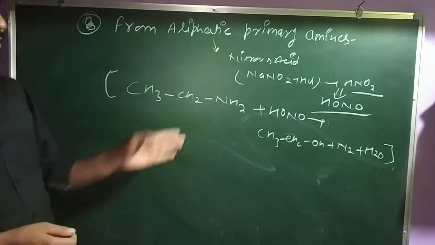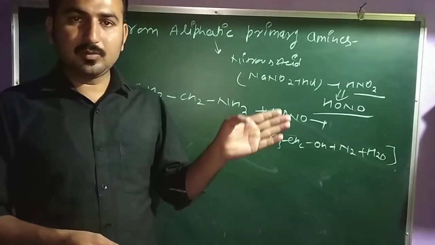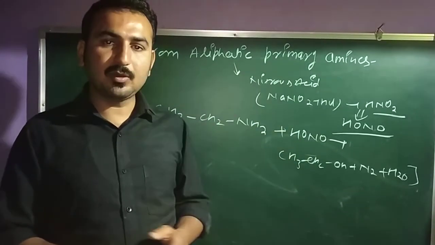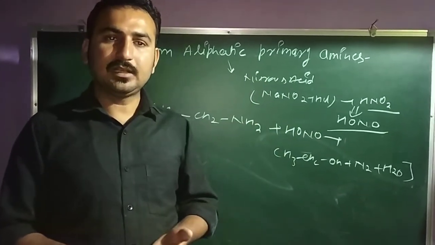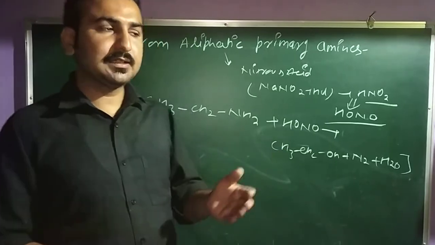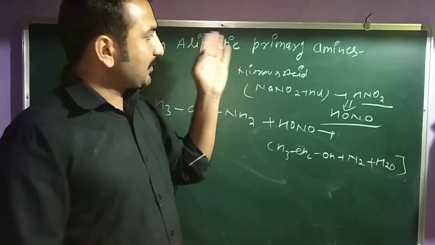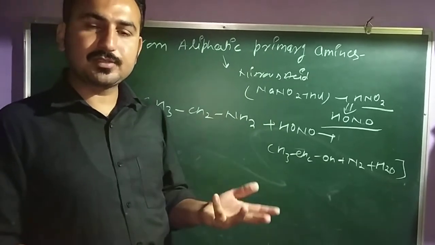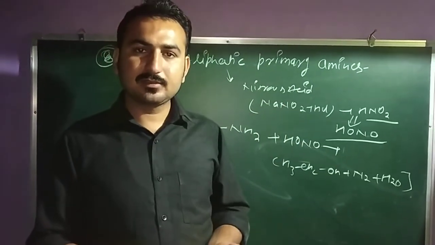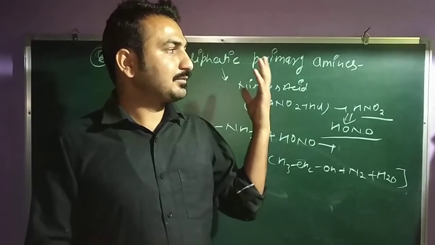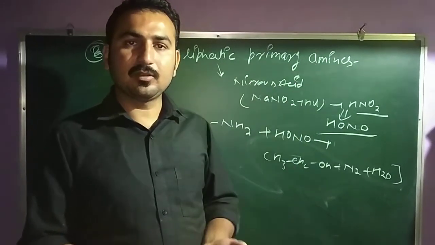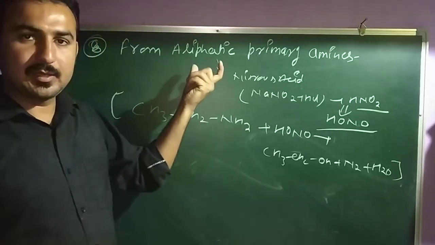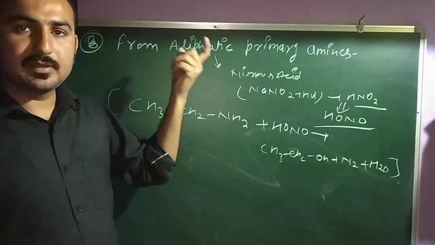So this is all about the preparation of alcohol, and in the next topic we will discuss the preparation of phenol and then the physical properties and the chemical properties. The preparation of phenol is very important because there are some name reactions like the Dow process, like the Raschig process, the commercial method to prepare phenol. Clear? So this is all for today, and the topic of preparation of alcohol is finished today.